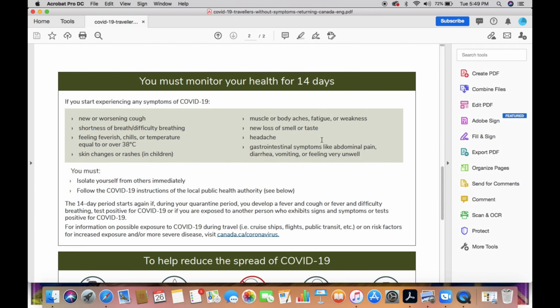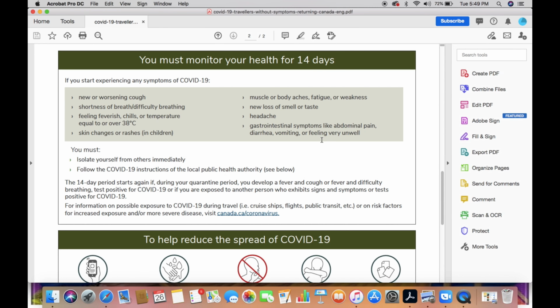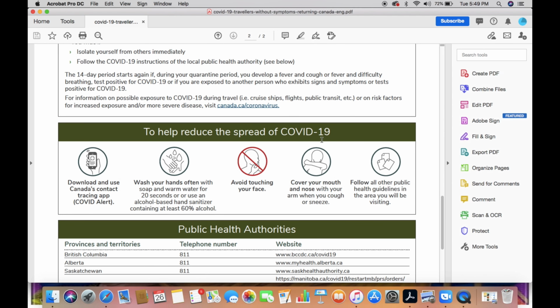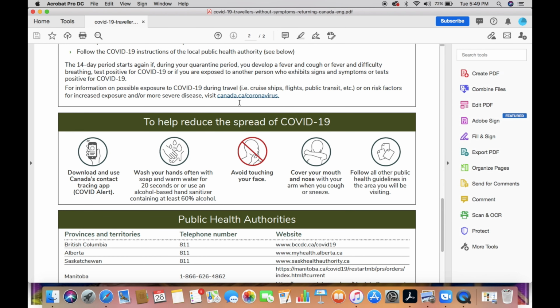Lastly, you must monitor your health for 14 days. If you start experiencing any symptoms of COVID-19, could be any of these, you must isolate yourself from others immediately. Follow the COVID-19 instructions of the local public health authority, which is below. So, if we scroll down, the 14-day quarantine starts again